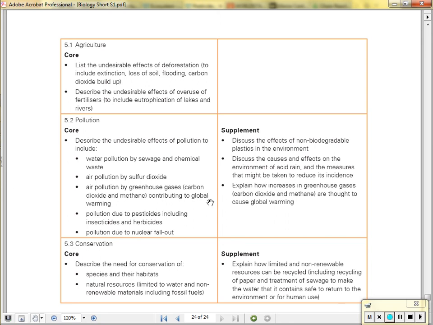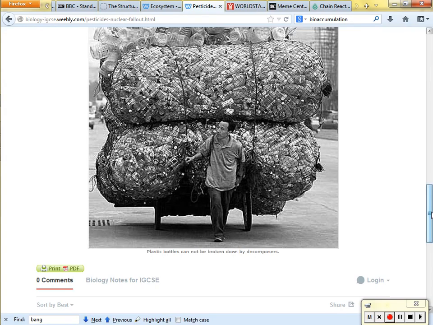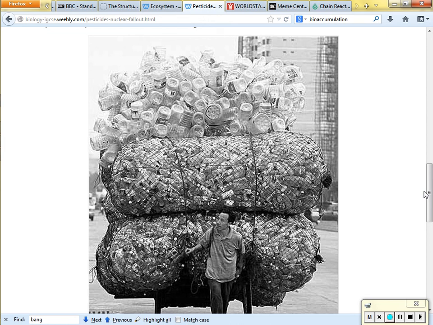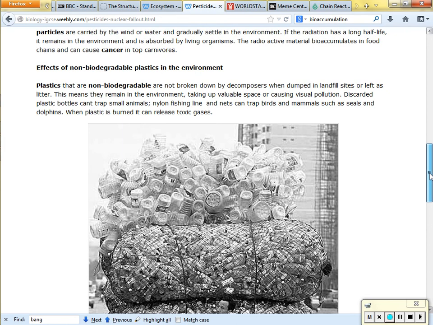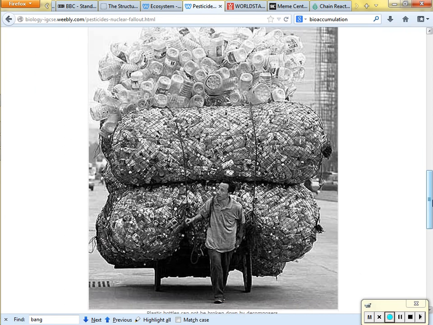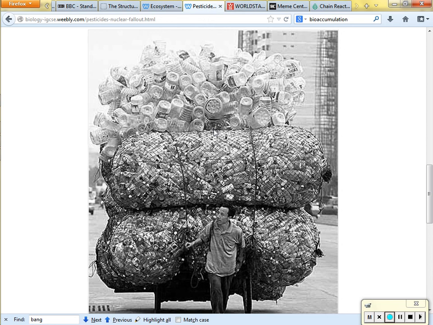Okay? So now we get on to conservation. No, we still have to do with plastics. Non-biodegradable means that when you bury it, it either does not break down or takes a very, very long time to break down. And burning them causes even more problems. So that's just going to take up more space over the years. Even if you're using landfills, it's still taking up space.